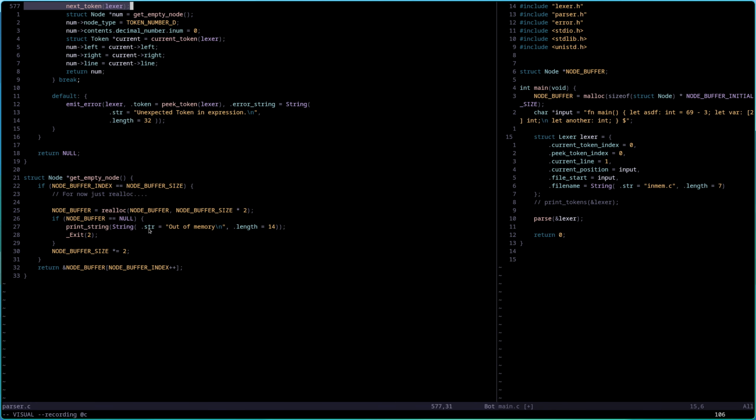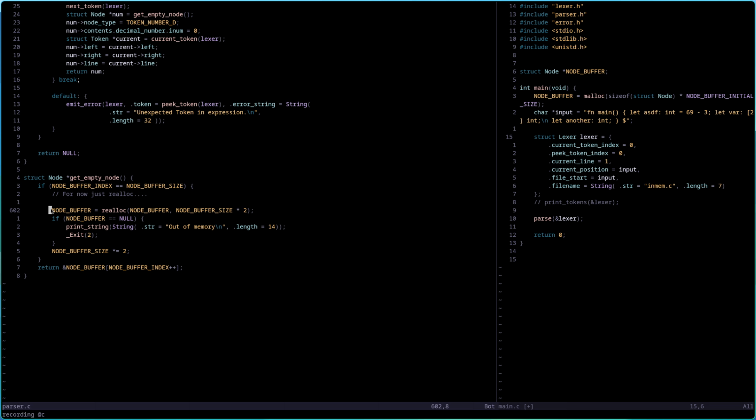And that's it, basically. And this is my get empty node. I don't heap allocate at all. I just use kind of an arena allocator. For now it's just stupid. I use realloc, so I try to make it twice as big as it was before if we go out of size.